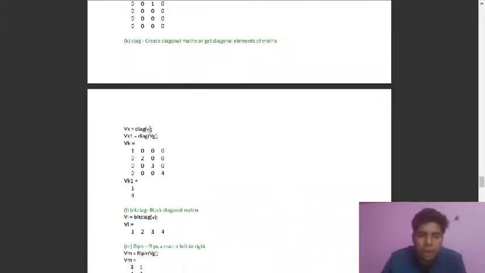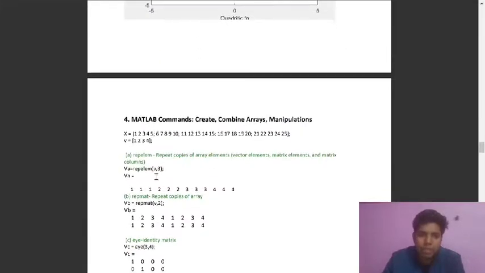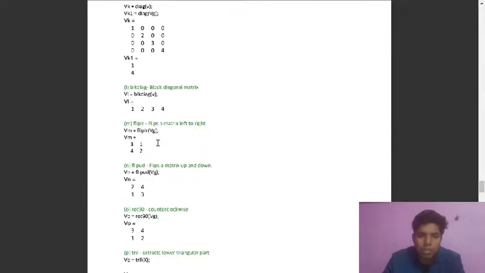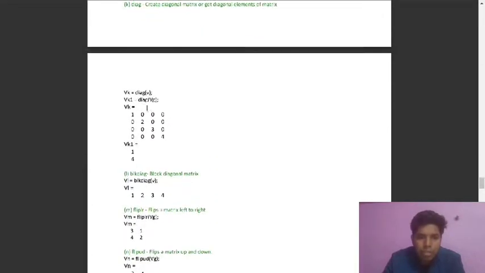We have a vector V of 1 2 3 4. Here we are assigning V as the diagonal of a new 4 by 4 matrix. As you can see, 1 2 3 4 were the elements of V.